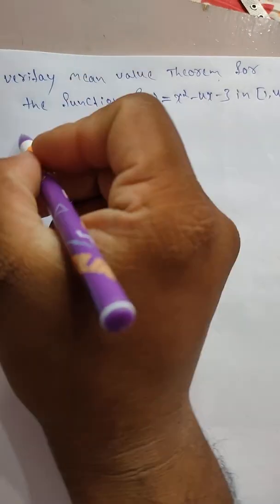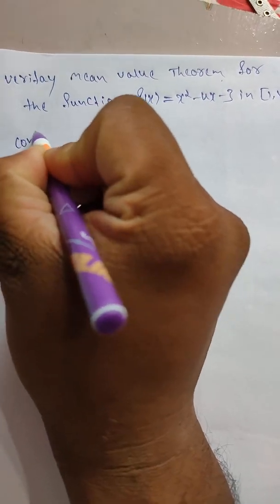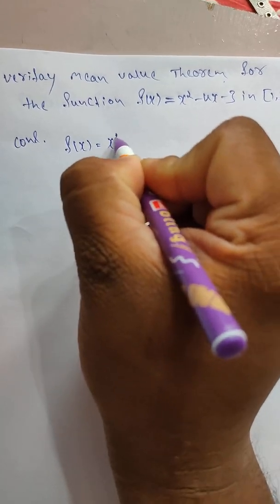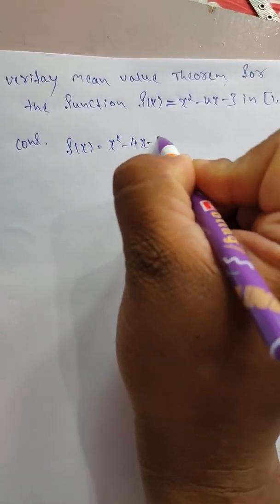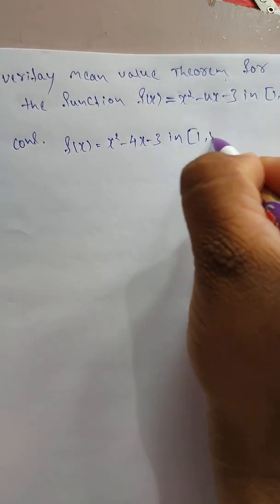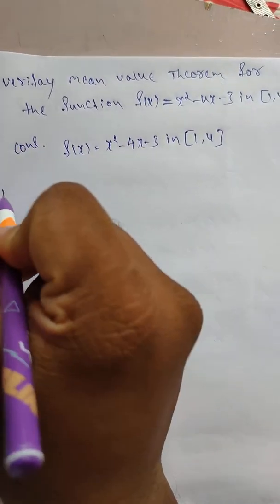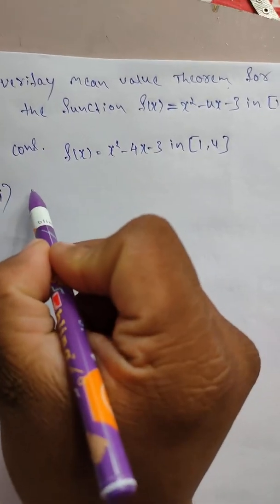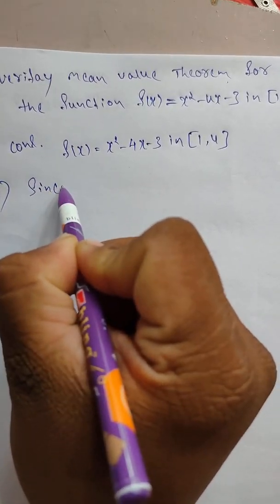Here let us consider f(x) = x² - 4x - 3 in the closed interval [1, 4]. Now what is the first condition you want to check? You want to check continuity. What you are writing: since f(x) is a polynomial,